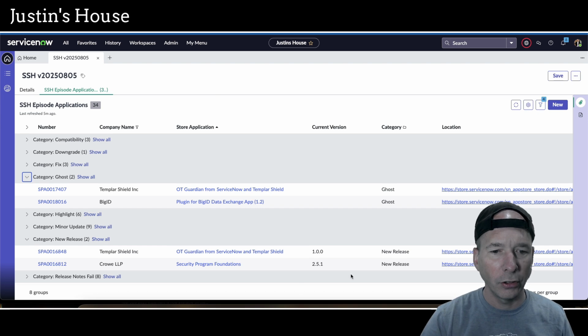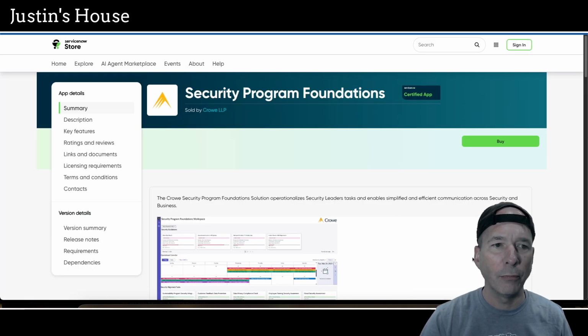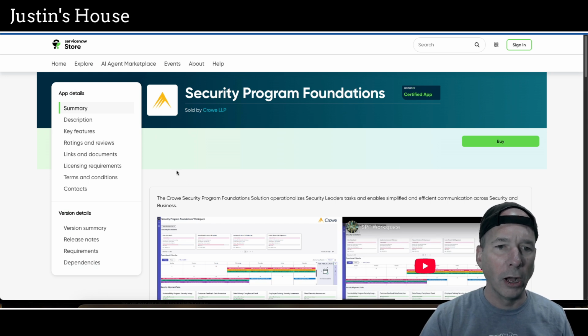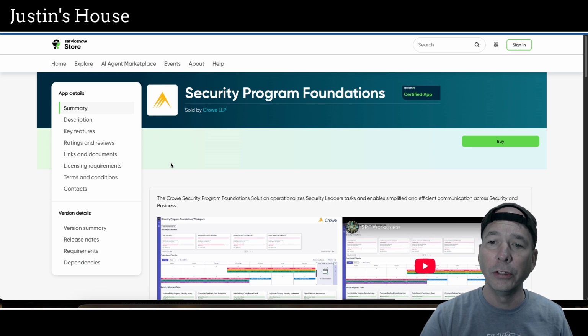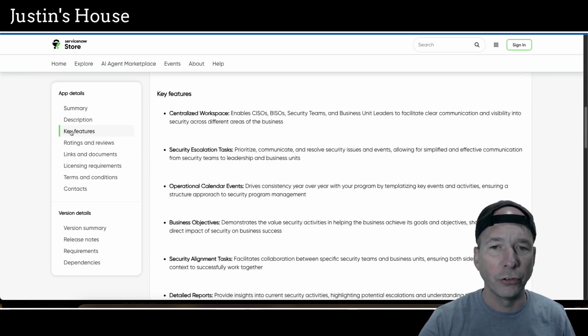And our second new release and final new release is the Security Program Foundations from Crow LLP. The Crow Security Program Foundation solution operationalizes security leaders' tasks and enables simplified and efficient communication across security and business. Key features for this new app: